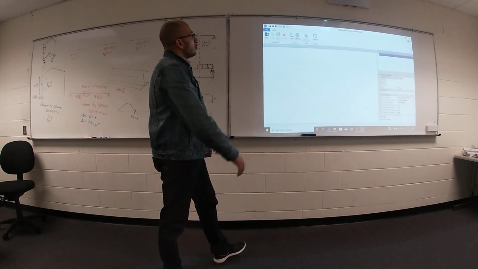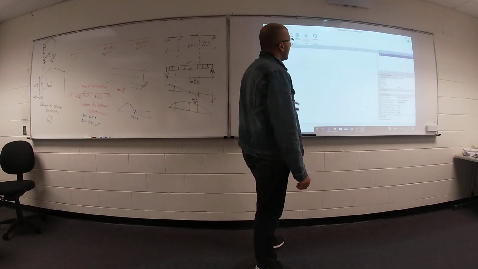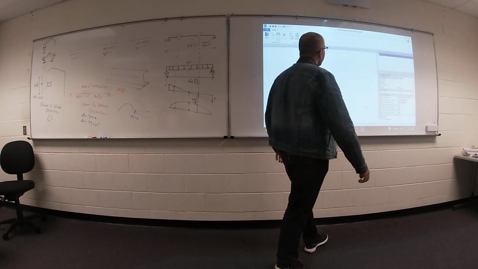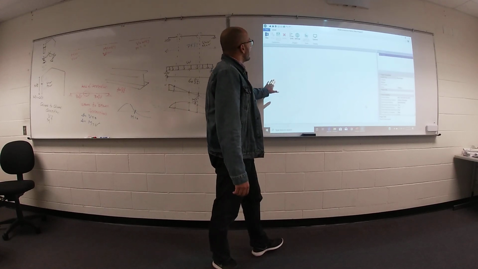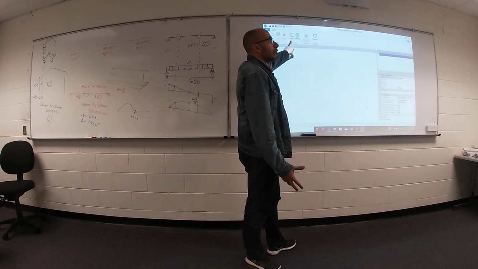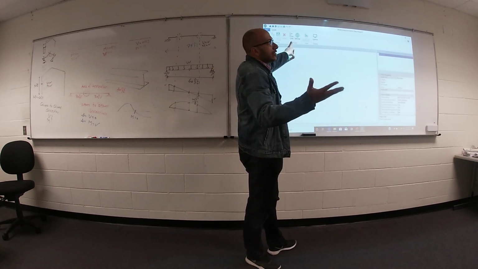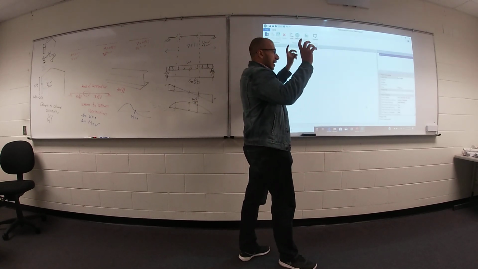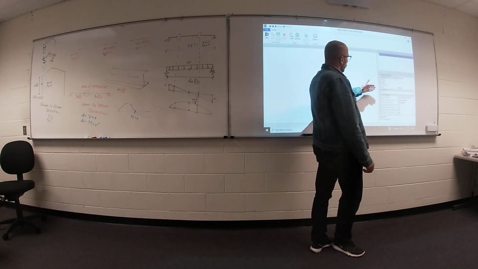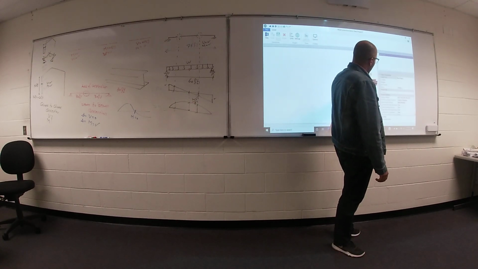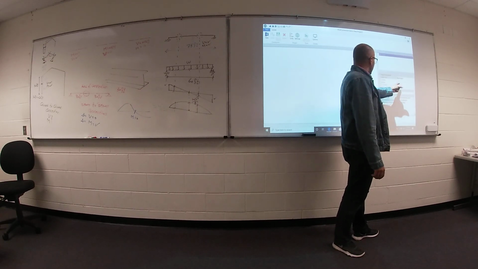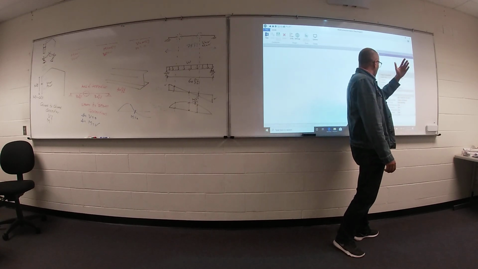Here is the main window for the RISA connection. It's a demo version, okay? You can choose your unit: kips, feet, inch, whatever. You can choose settings to enter the information of your project. You can put your information here. What is the name of your company? What is the name of the designer? And what is the job number? Anyway,